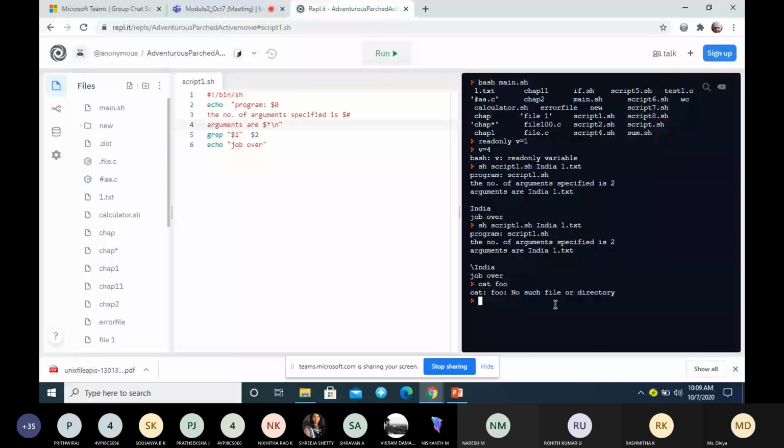In that case, this cat command will return a non-zero exit status. Non-zero means any of 1, 2, 3, 4, not 0. 0 always means success. A non-zero value tells that you cannot open the file.